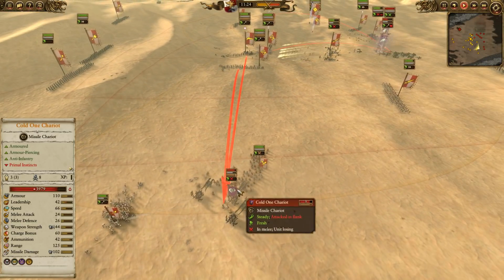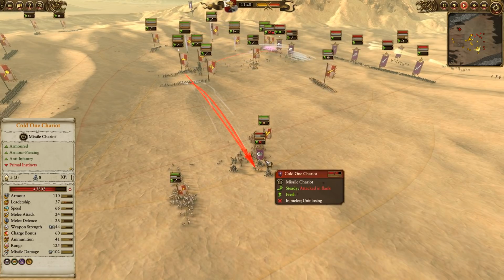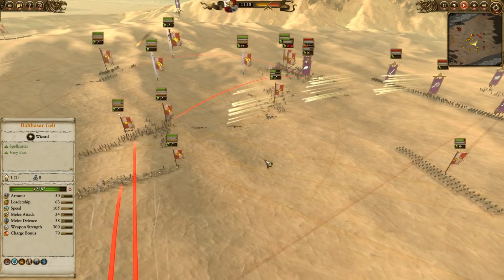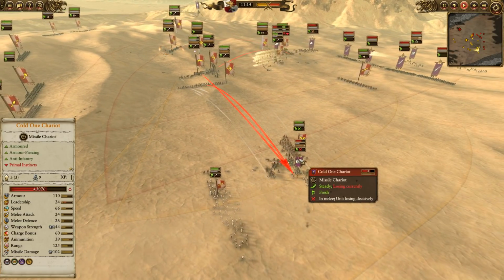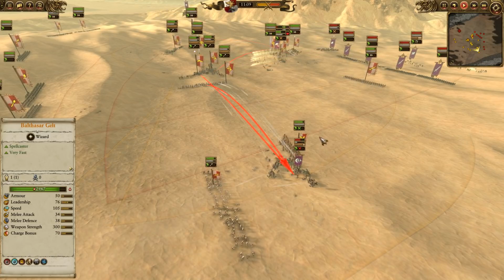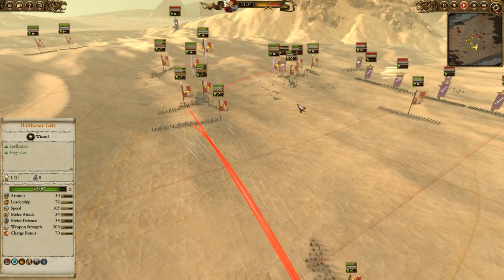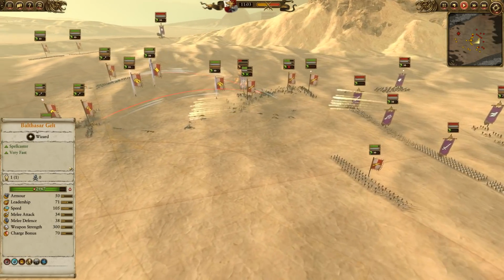Meanwhile, over here, the Cold One Chariots had charged in initially, but are unfortunately not being pulled back, and Cold One Chariots are one of those units that's incredibly powerful, but you have to be on top of your micro, because if they enrage, you've lost the entire point of them, because you can't cycle charge them anymore, and that's the whole point of a chariot, is just to cycle charge, right? So they are going to be pulled away at the last second here before they enrage, which is quite nice,